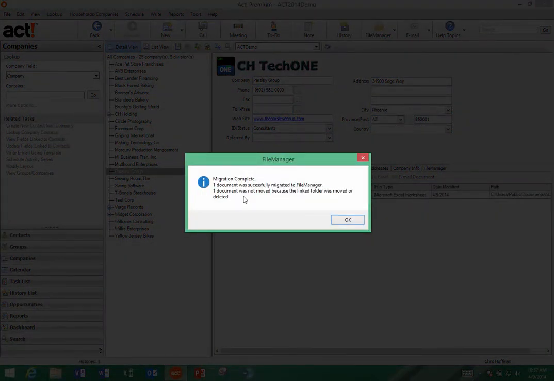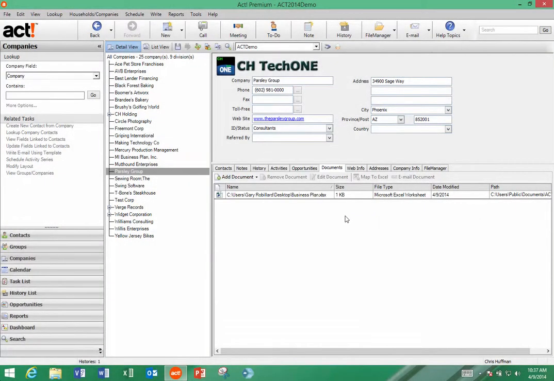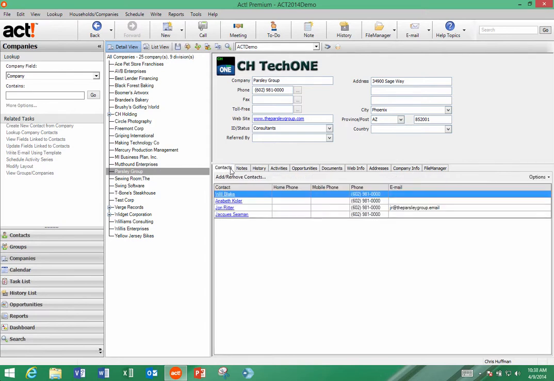It says one document was successfully migrated over, and one was not, because it could not be detected any longer. For some reason, this path had actually been moved to someplace else, and that's why it wasn't there. So sometimes you lose these links, and that's one of the reasons we want to move the stuff over. Now, if you're going to do documents on the company, you need to do them on the contacts as well,